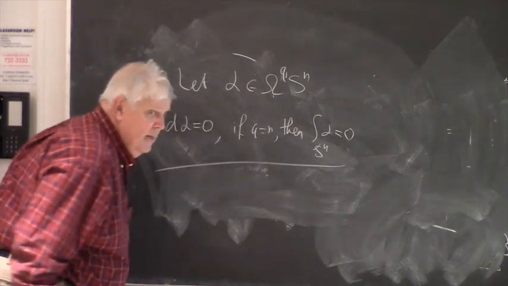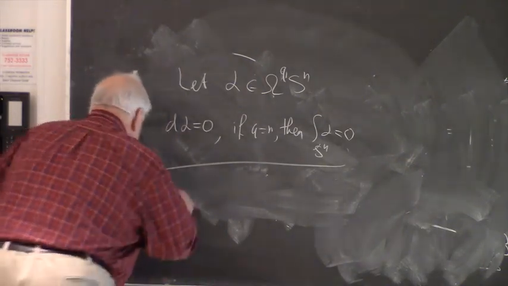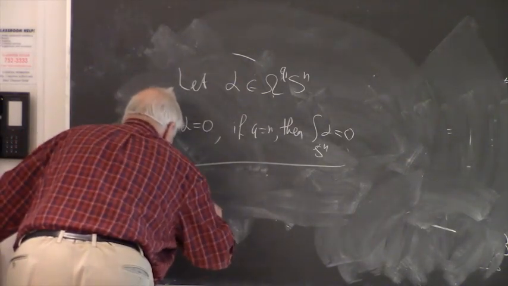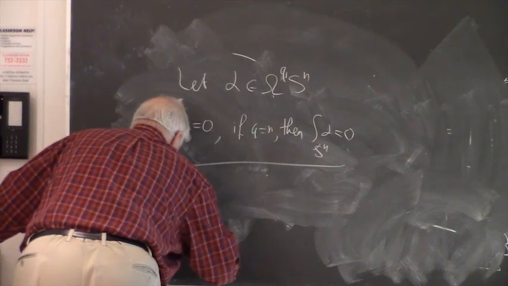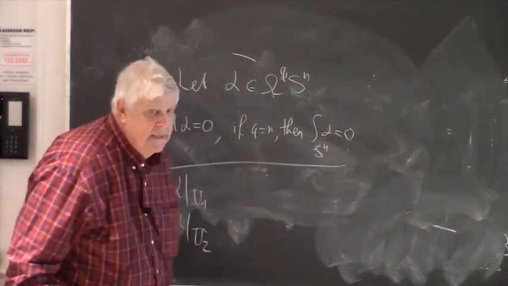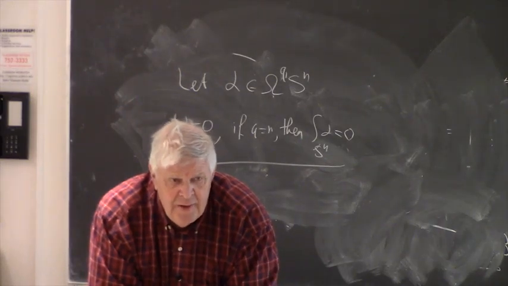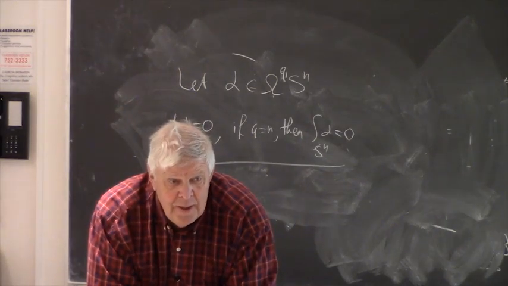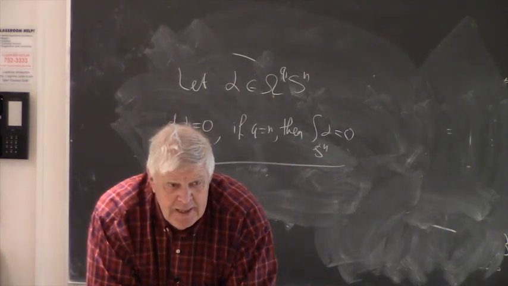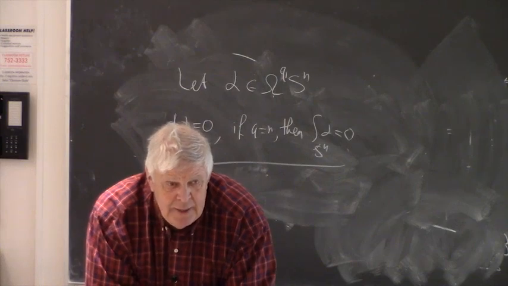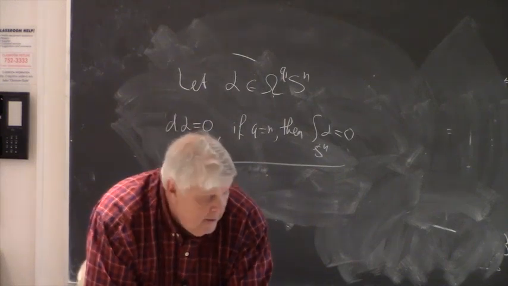I consider the restrictions of alpha to U1 and U2. Remember, U1 and U2 are two open sets. These open sets are diffeomorphic, whatever you wish, to the open balls, to the Euclidean space, right? By this reason, I can apply to them the Poincare lemma and write